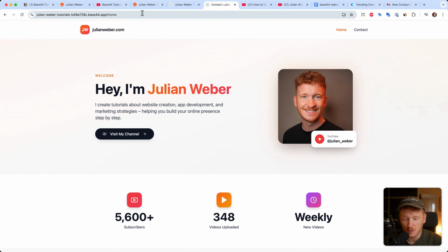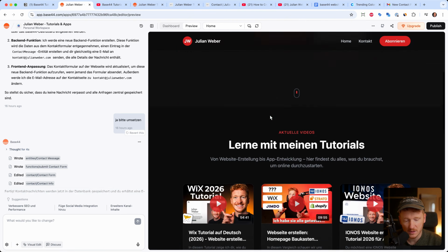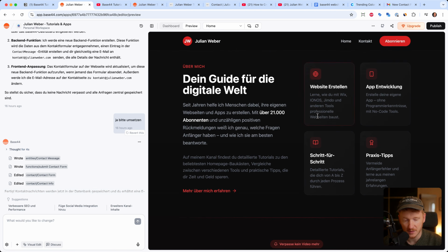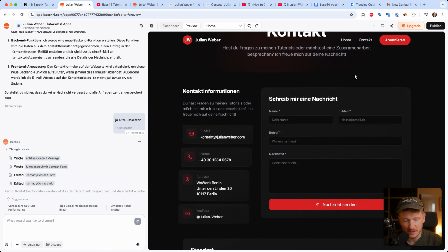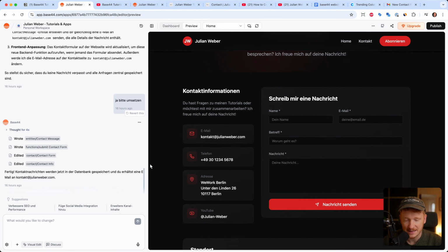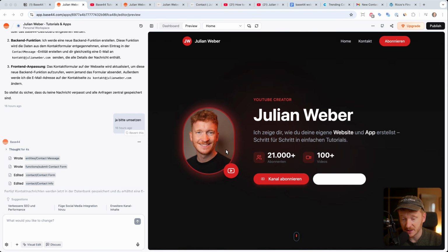And of course, you can also always change the design. I tried the functionality yesterday, and I have built this site in the dark mode, and it also looks kind of perfect. So this I really like. I would never be able to do this myself by coding, so I do like the job of the AI. I also have a contact page here, which also looks very professional, and you can always just go ahead and tell the AI what to link here, what to change here, and it will just do that for you. So this was how easy you can build a perfectly looking website in under 10 minutes with the new Base44